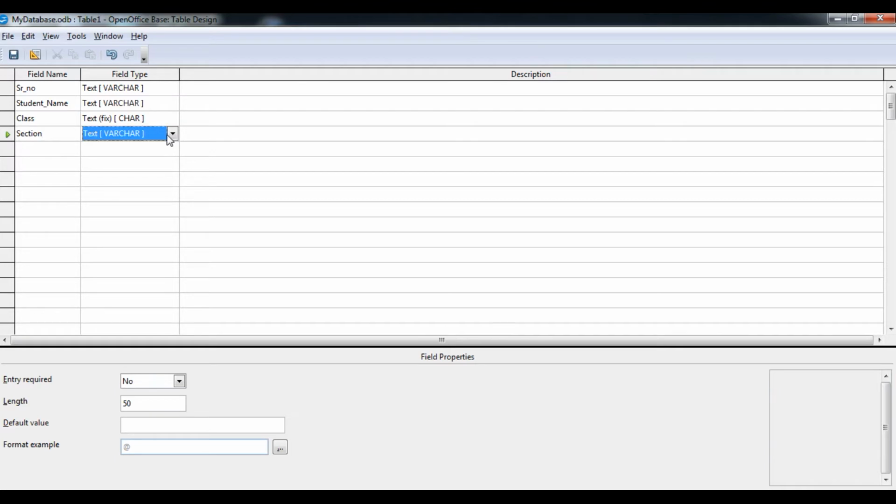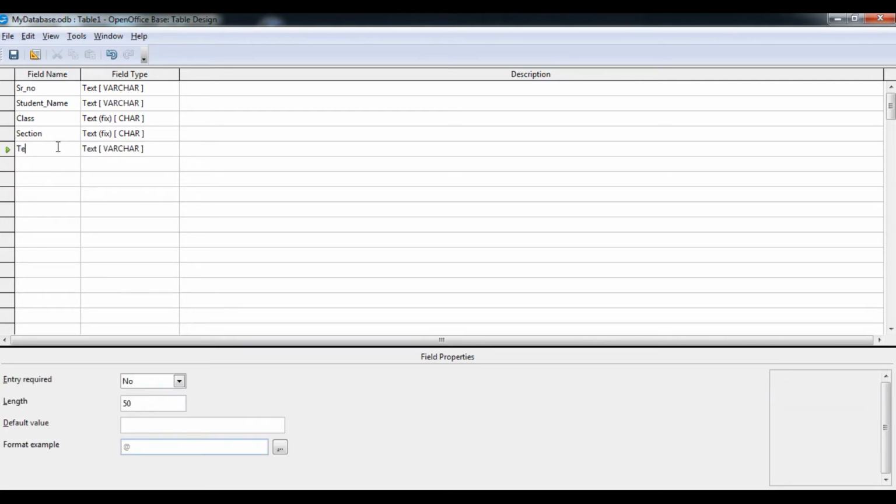I know what the section is, so fixed character, that is 1. Make sure it will be either A or B. Make sure, students, that wherever you select, entry required is yes, definitely. Without that, the user can't enter the other data.